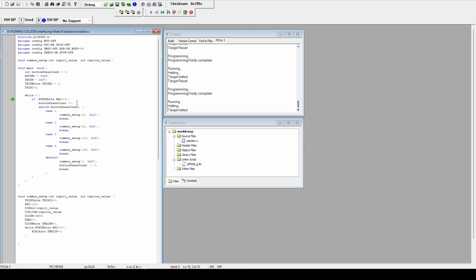And when the program comes to this switch case statement, we will check the button press count. If the button press count is 0 or other than 1, 2, 3, 4, 5, it will come to here and set everything to 0. If the user presses the button for the first time, the button press count becomes 1, and we come into this block of code, and here we will set the CCPR1L value to 41 and the LED illumination percentage to